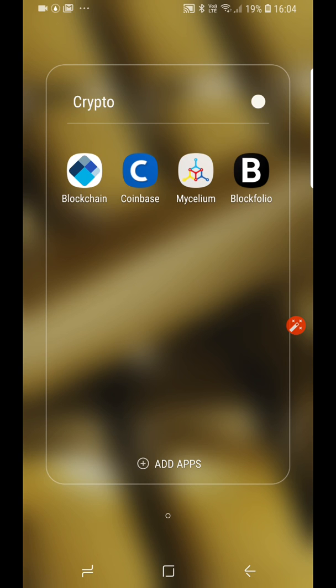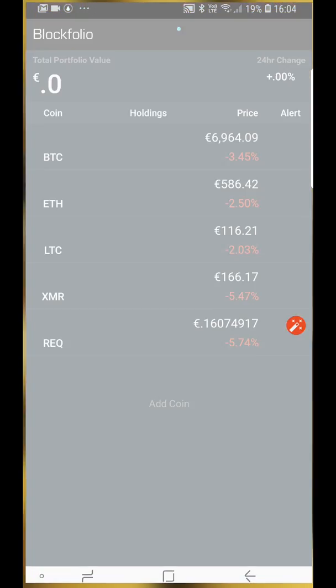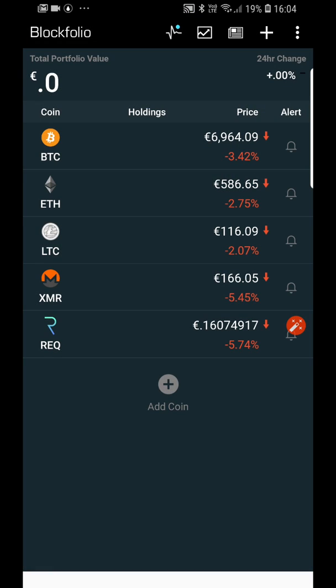So when you download Blockfolio, you can see I've created a folder on my Galaxy Note 8. That's what I'm using. It should be very, very similar on an iPhone from what I can gather, but I don't use iPhones, as people that know me know very well. So I'm going to open Blockfolio. Once you've got Blockfolio,